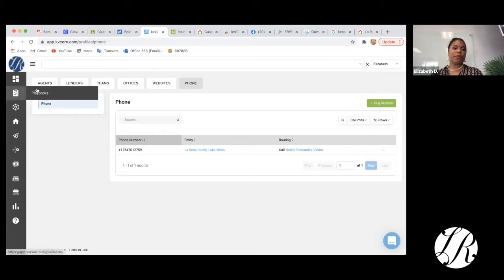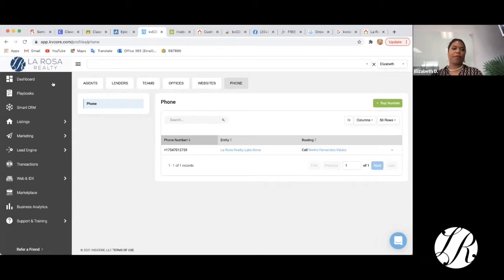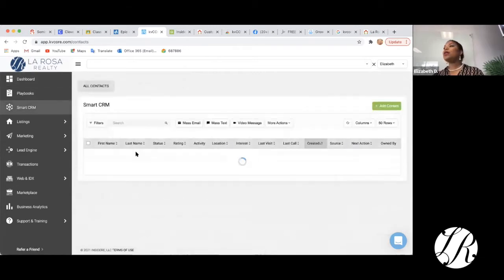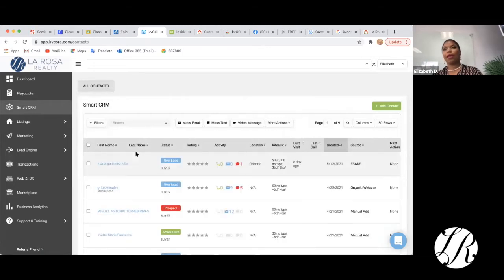We good? Okay. Let me open this one bigger. Perfect. Now, after that we know the dashboard, which is pretty easy with all the information, we can go to my Smart CRM. The Smart CRM is the place where all your leads are, everybody that you have, your sphere of influence, leads from Facebook, somebody that you talk to at church who tells you, hey, I'm interested in buying a home. Just get information from that person and add it here, because they're going to start receiving email and text from you,